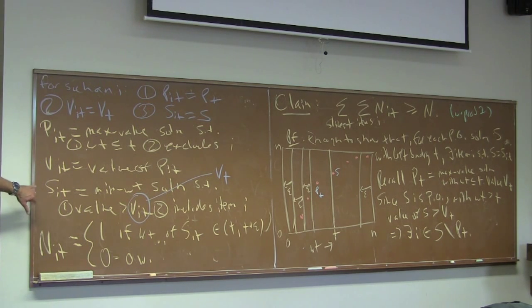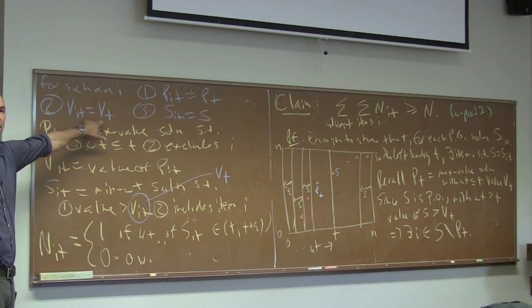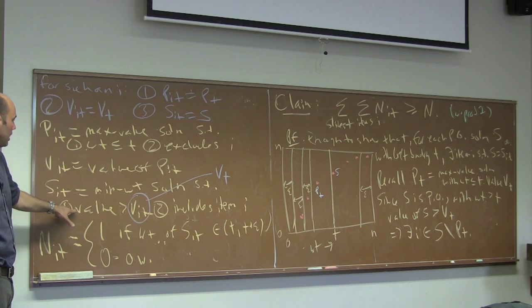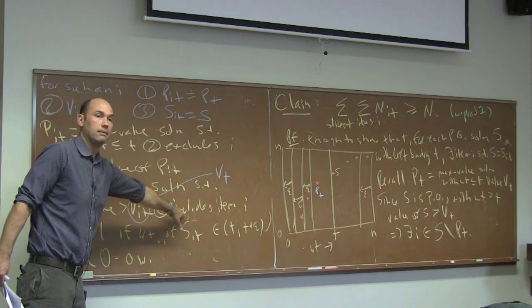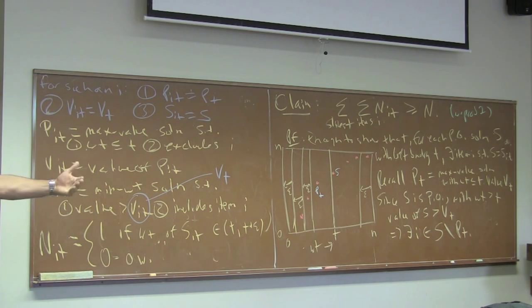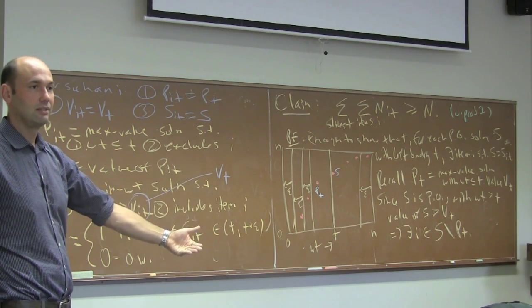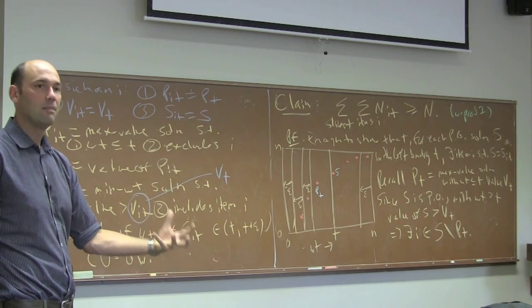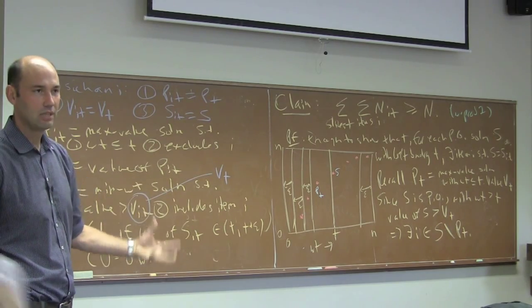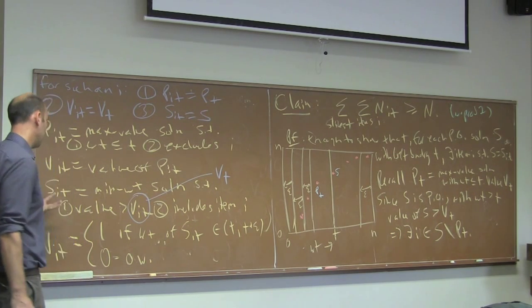So what is this thing doing? SIT says, find the minimum weight solution whose value exceeds some threshold. In this case, the threshold is just the value of PT. And then also it has to include item I. Now again, by our choice of the item I, when we look right to minimize weight, it doesn't matter whether we insist on including I or not. We chose I to be an item that the optimal solution includes anyways, even in the unrestricted case. So that means, and this is just like in the warm-up claim then,